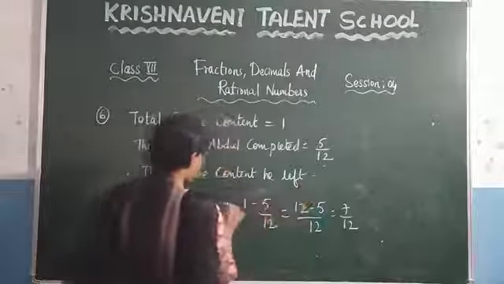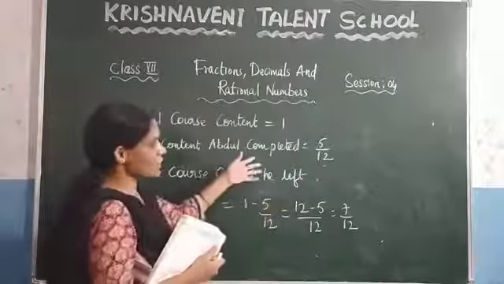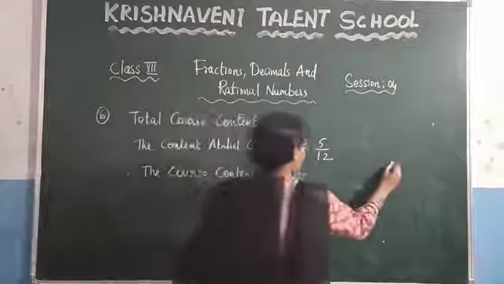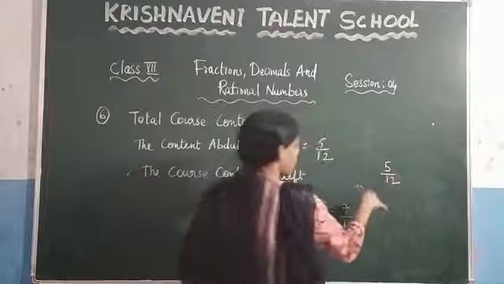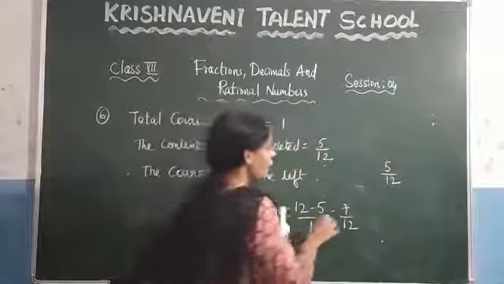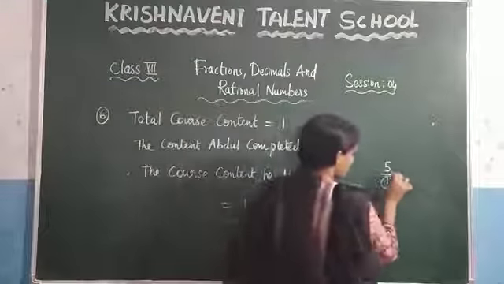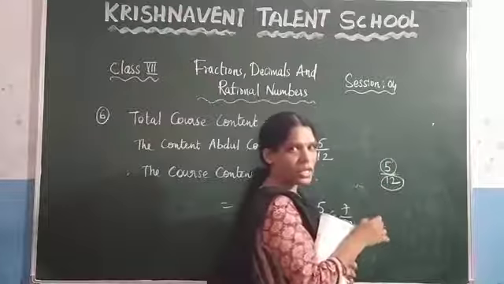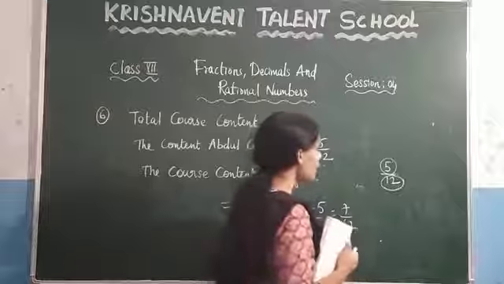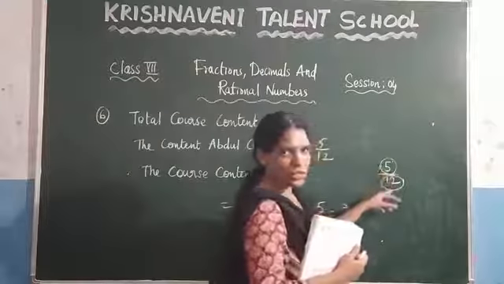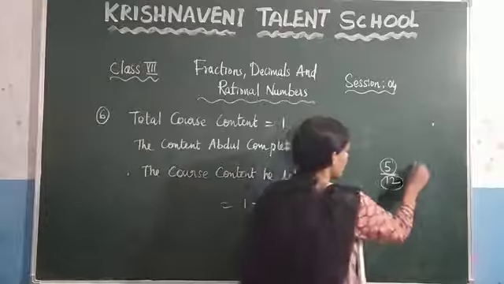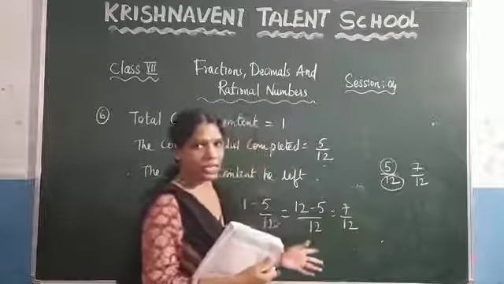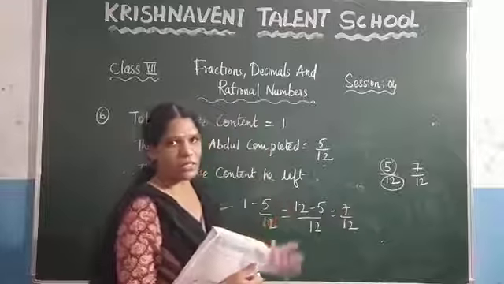So write it here after this one, or otherwise by seeing the question itself you can say here. Let us consider this is what is given here, the fraction 5 by 12 of the course he completed. So here 12 is the total course, let us consider. In this only 5th part he completed. So here how much part does he have to complete? Just subtract this from this. What you will get? 12 minus 5, which is 7. Right? 7 by 12 of the course he needs to complete. Like that also you can calculate, or otherwise you can do like this also.